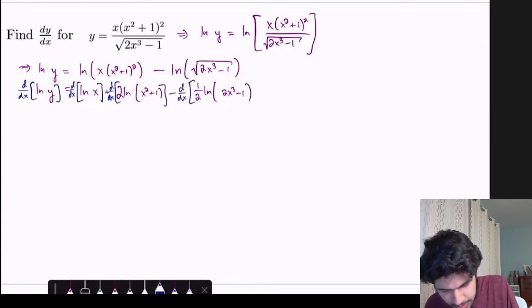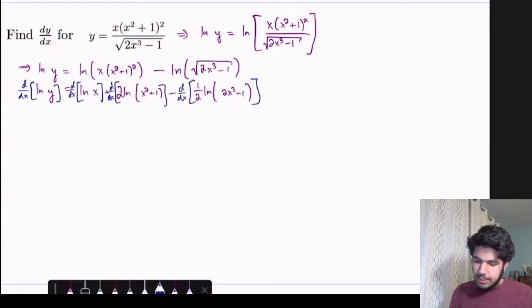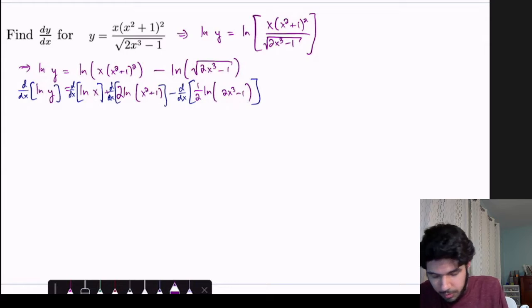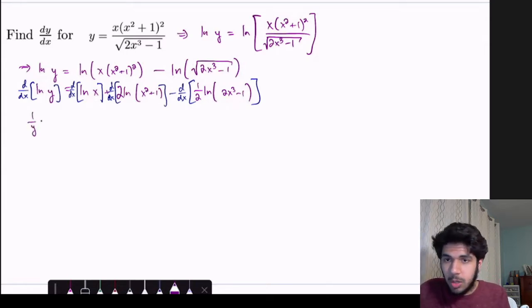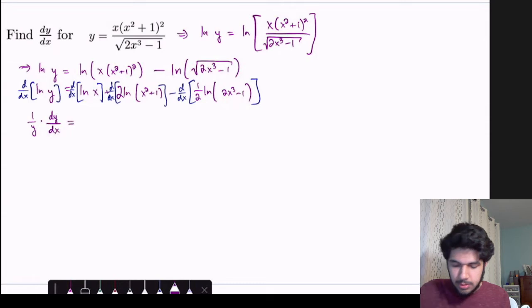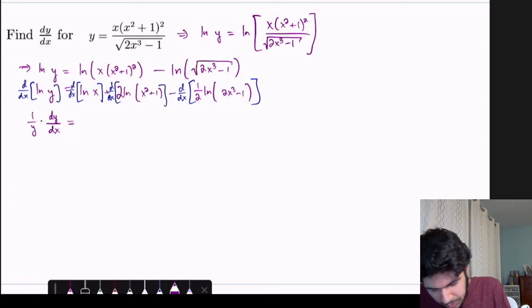So we'll do the left-hand side first. This is basically the same thing we did in the last question, but we'll speak through it again. So we take the derivative of ln of y as normally, so that would be 1 over y, but then we have to multiply by the derivative of y with respect to x, so that would be dy/dx. And on the right, the first term, d/dx of ln of x, that's just simply 1 over x,